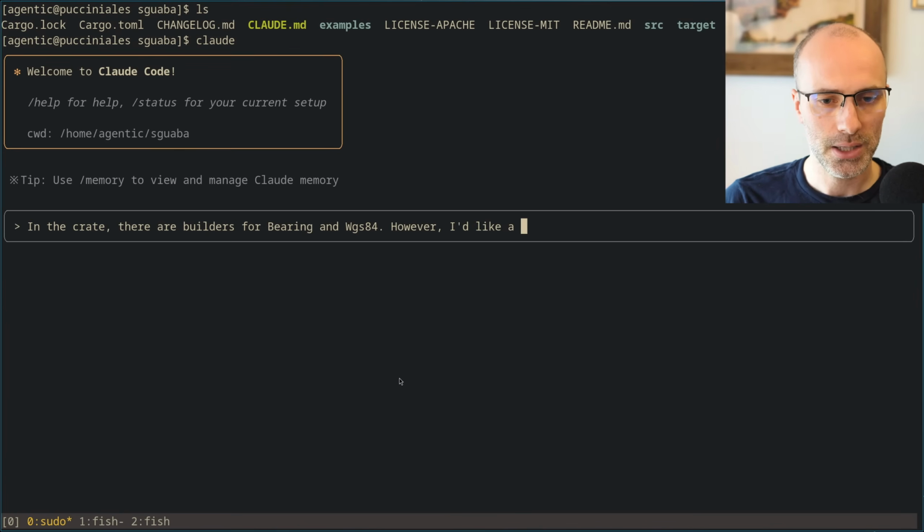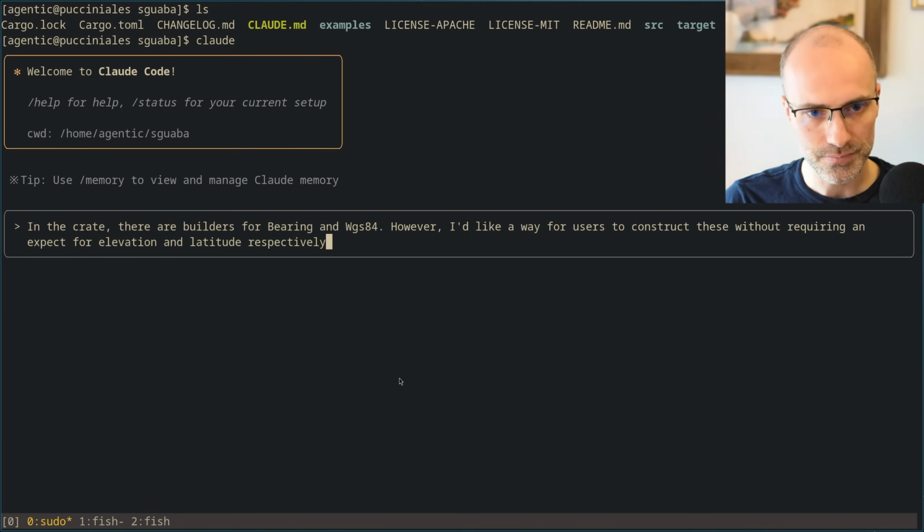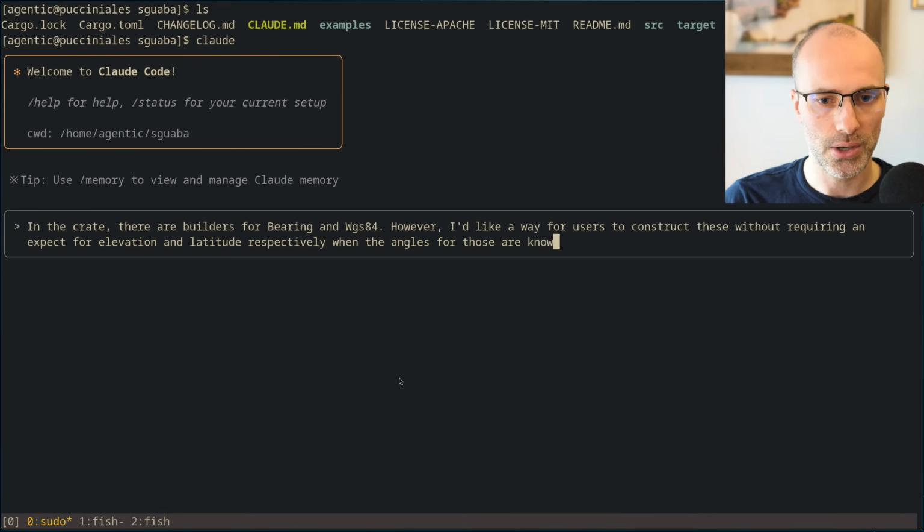However, I'd like a way for users to construct these without requiring an expect for elevation and latitude, respectively, when the angles for those are known at compile time.